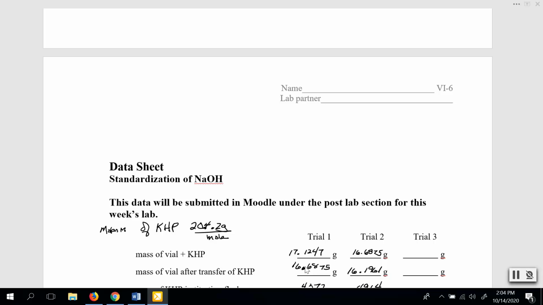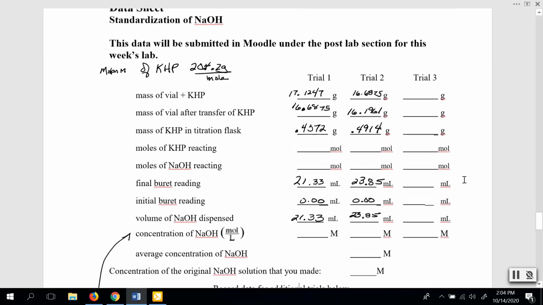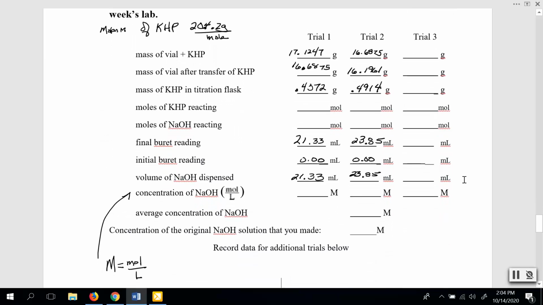So this is your processing the data for the standardization of NaOH, which is the week of October 12th in lab. And I've put some data that a student of mine had a few years ago on this data sheet. Remember, you masked by difference the